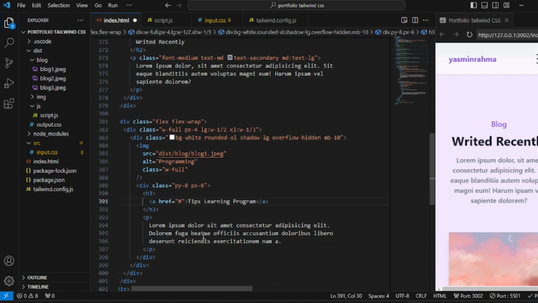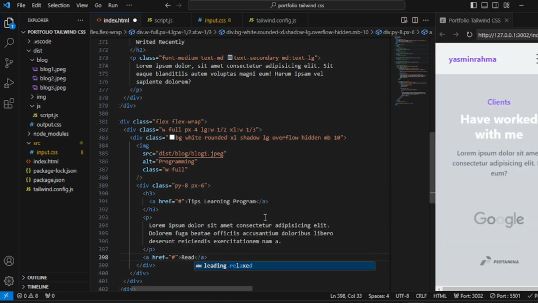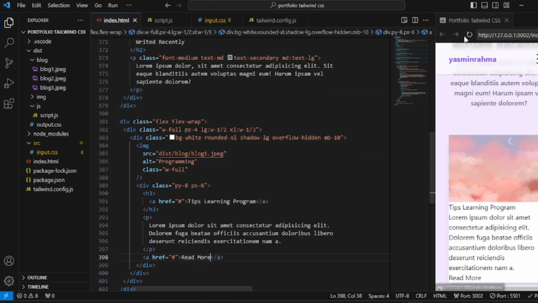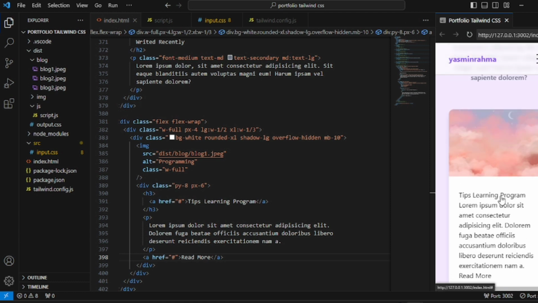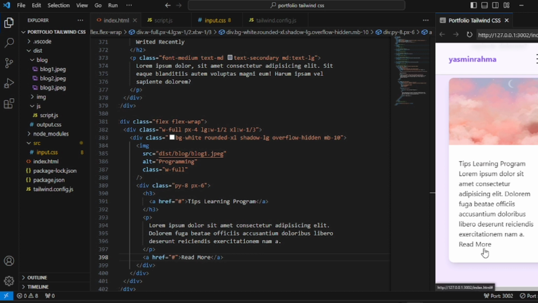And then in the paragraph we're going to add the anchor tag again, so you can click like that, and I'm going to type read more, like this. You can see right here it can be clicked because it's with an anchor tag. This is, this is not. Okay, then we're going to